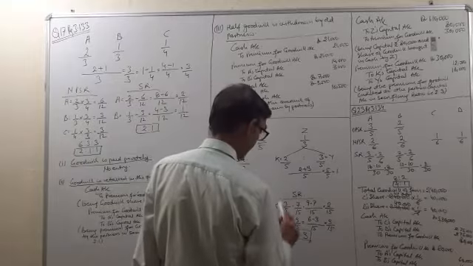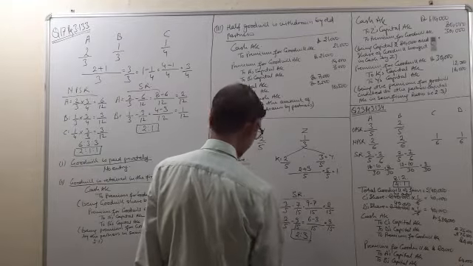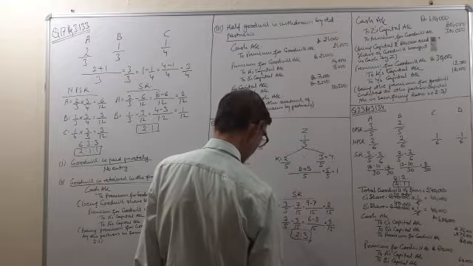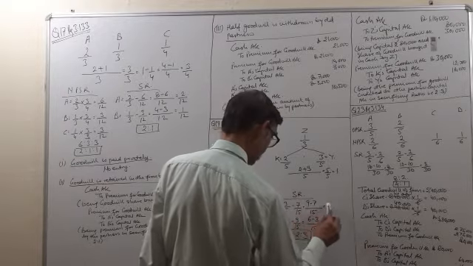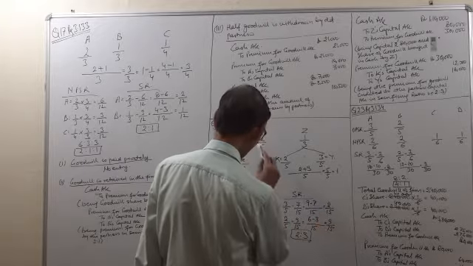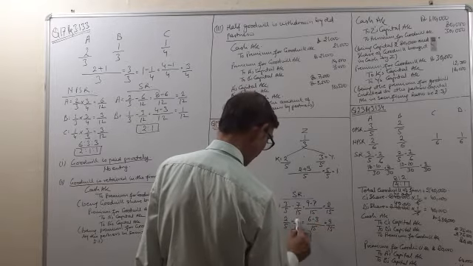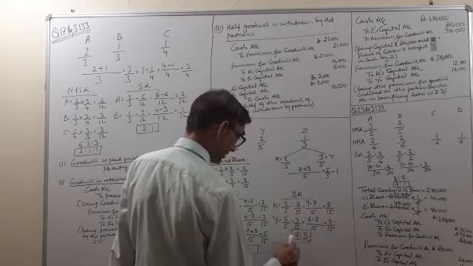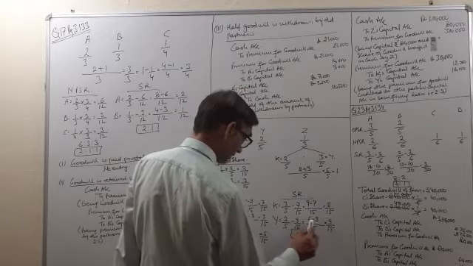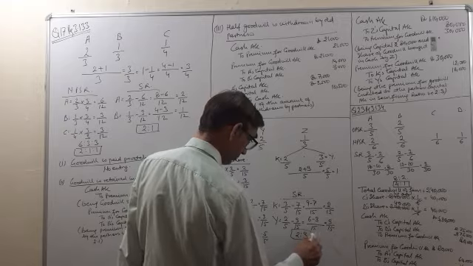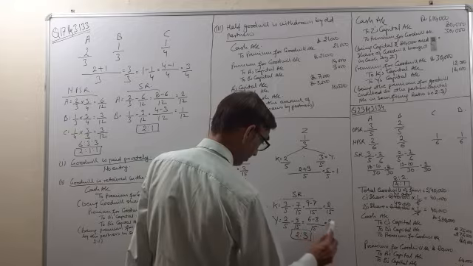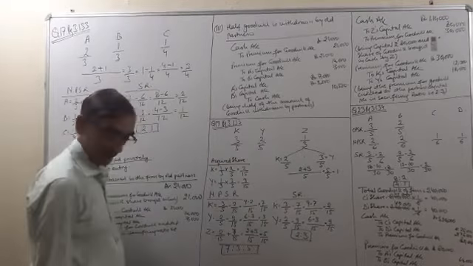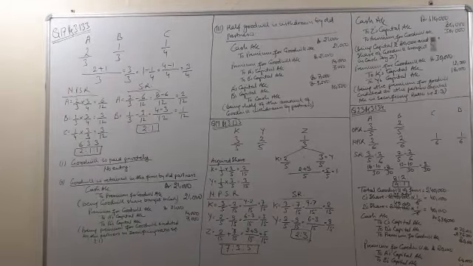Now the sacrificing ratio. X's old ratio was 3/5 minus the new ratio 7/15. 15 is the LCM. 5 3s are 15, 3 3s are 9, minus 7 is equal to 2/15. Y's old ratio was 2/5 and the new ratio was 3/15. 15 is the LCM. 5 3s are 15, 3 2s are 6, minus 3 is equal to 3/15. So 2:3 is the sacrificing ratio of X and Y.